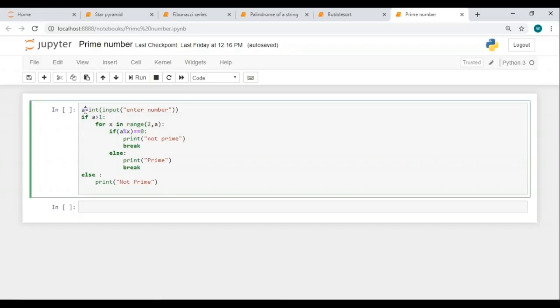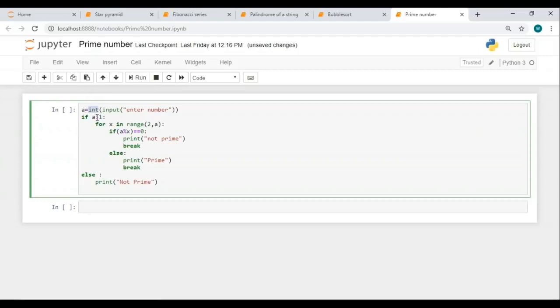reply to you. Okay, the first line of my code will help me take input from the user. For that, I'm making use of the input function. This function will allow the user to enter the input at runtime. You can actually directly give the input as well, but it's always better to take input from the user at runtime. So I'm doing the same here. I've used int because I want only integer inputs and I do not want anything else. I'm storing the number given by the user in a variable a.